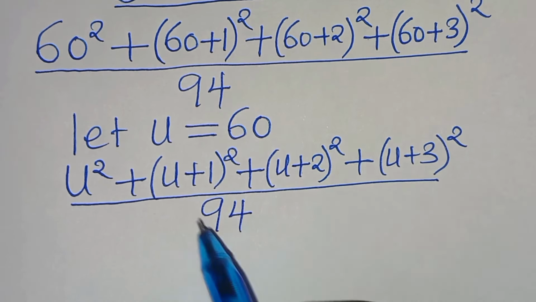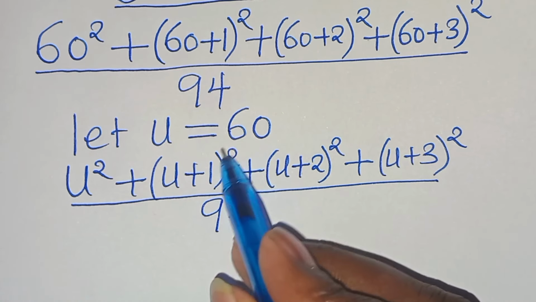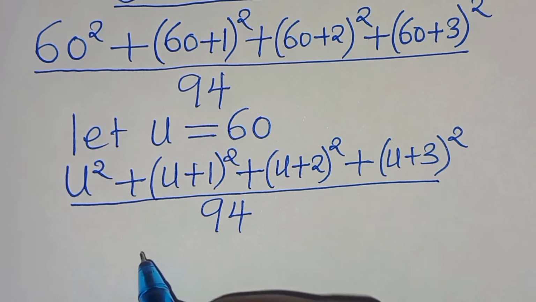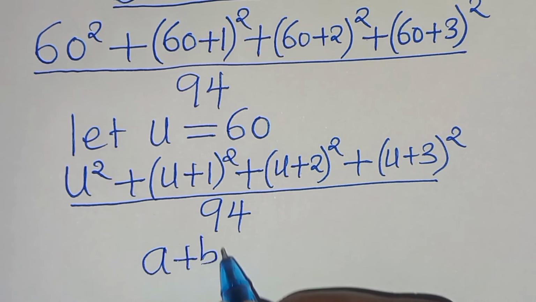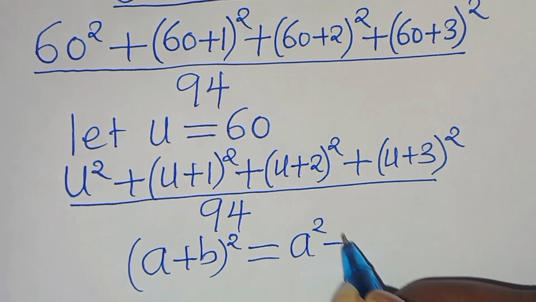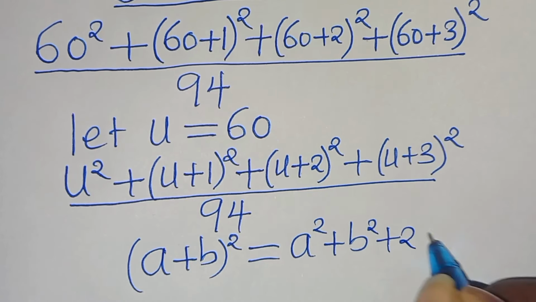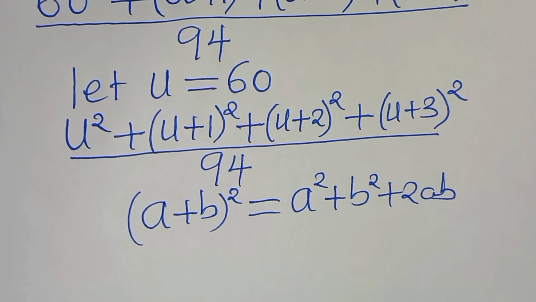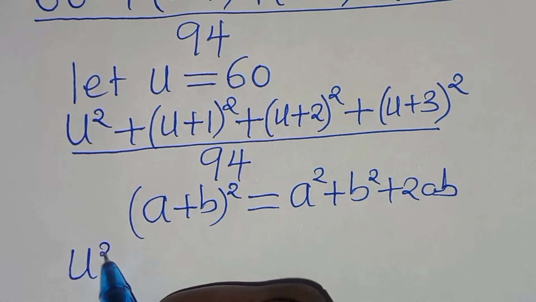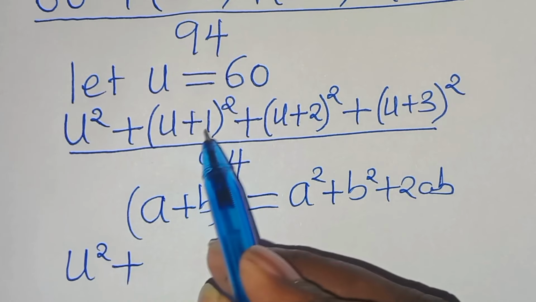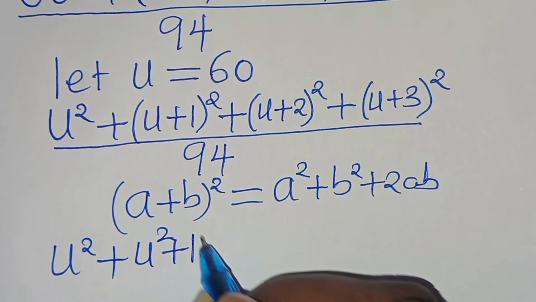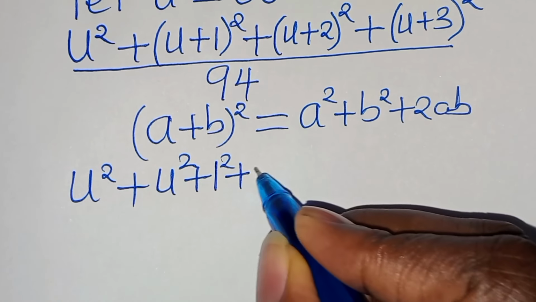Now, we have that (u plus 1) to the power of 2, (u plus 2) to the power of 2, and (u plus 3) to the power of 2 are in the form of (a plus b) raised to the power of 2, which we can express as a squared plus b squared plus 2ab. Now, applying this algebraic identity, we have u squared plus, now (u plus 1) squared is the same thing as u squared plus 1 squared plus 2u,